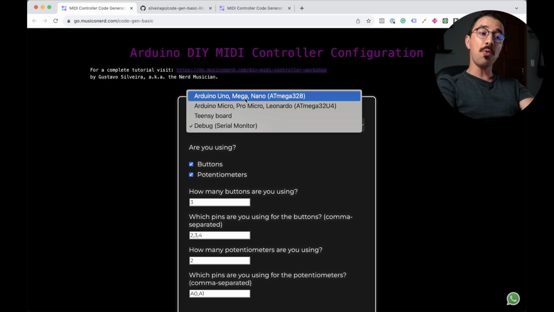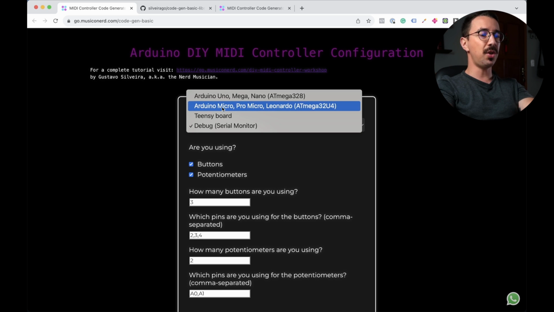The Arduino Uno, Mega, and Nano will not be MIDI class compliant, so you need another software, which is Hairless MIDI. But I don't advise you to use Hairless MIDI, so I don't advise using the Uno, Mega, and Nano, although you can. Hairless MIDI is outdated and super buggy, so use a Pro Micro, Micro, Leonardo, or a Teensy board. The Teensy boards can also be MIDI class compliant.